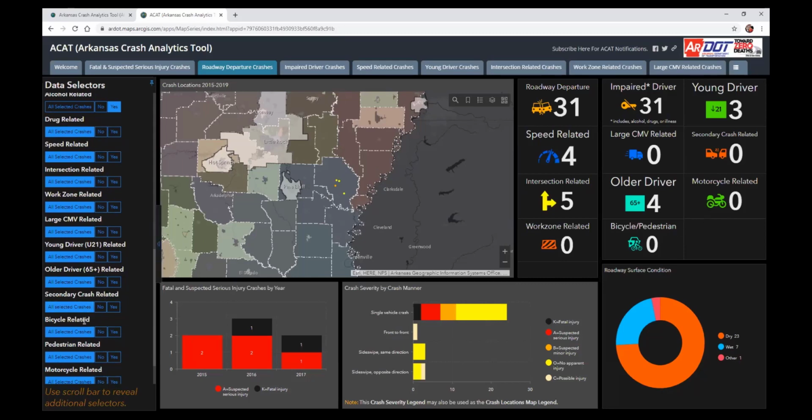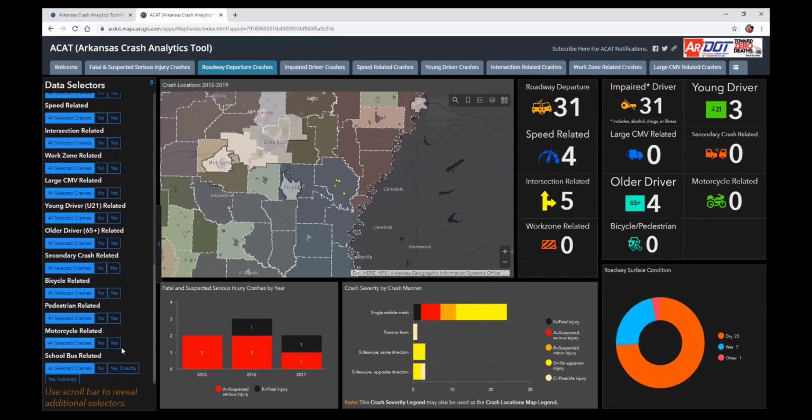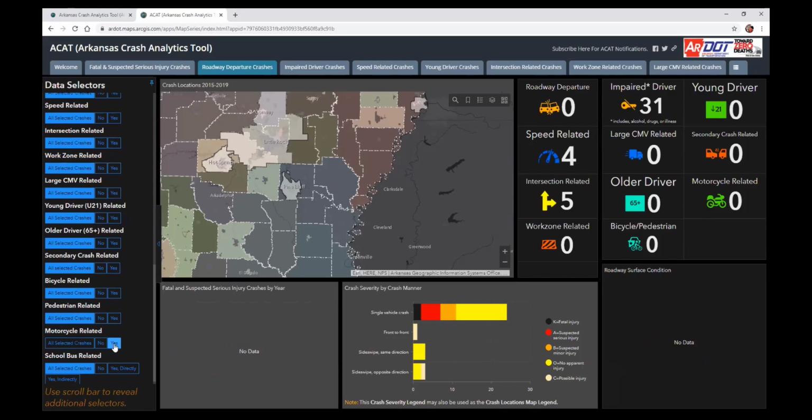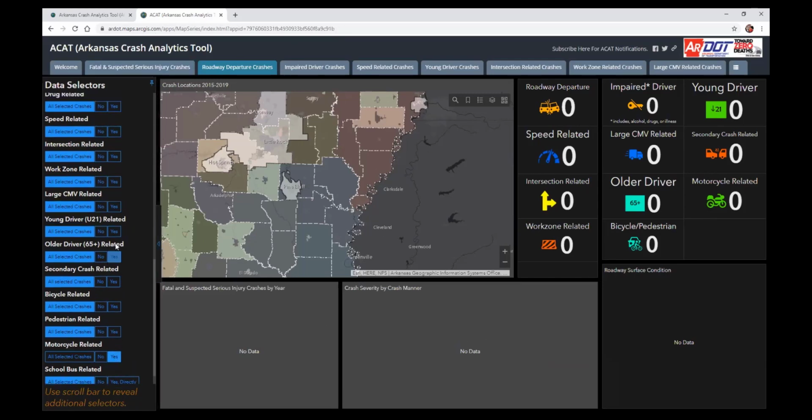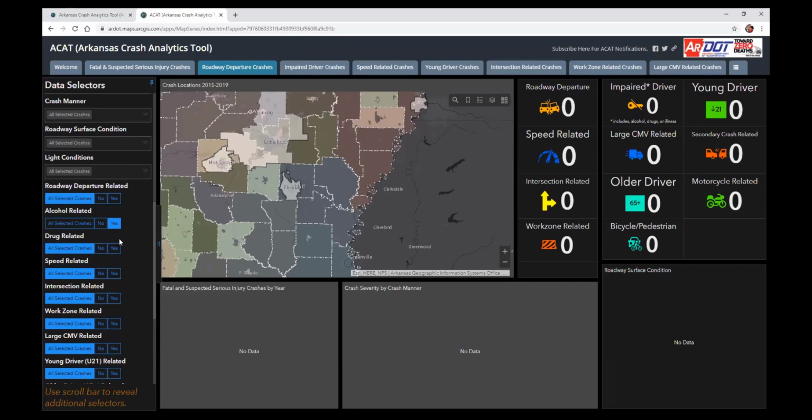But maybe we want to look at just the motorcycle related that were also impaired driver. And it looks like that's bringing that down to 0. So I guess, yeah, you kind of need to know what you're looking for, but you can filter that down as much as you need. I'm going to